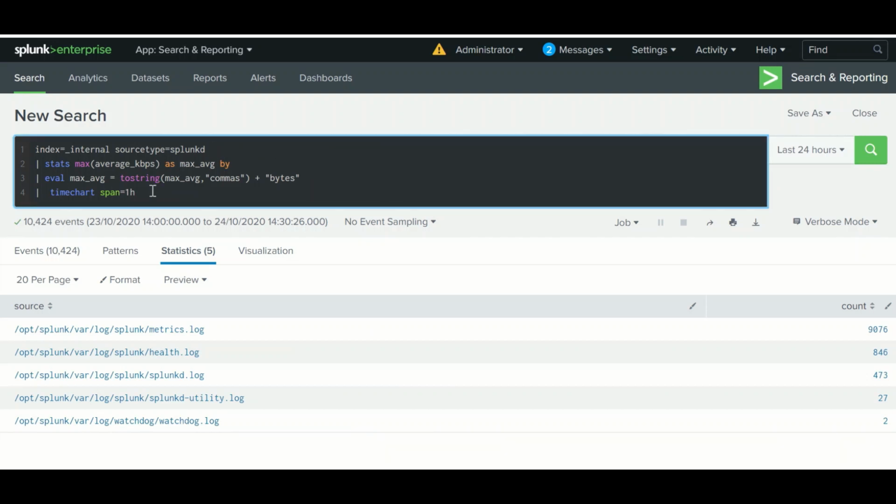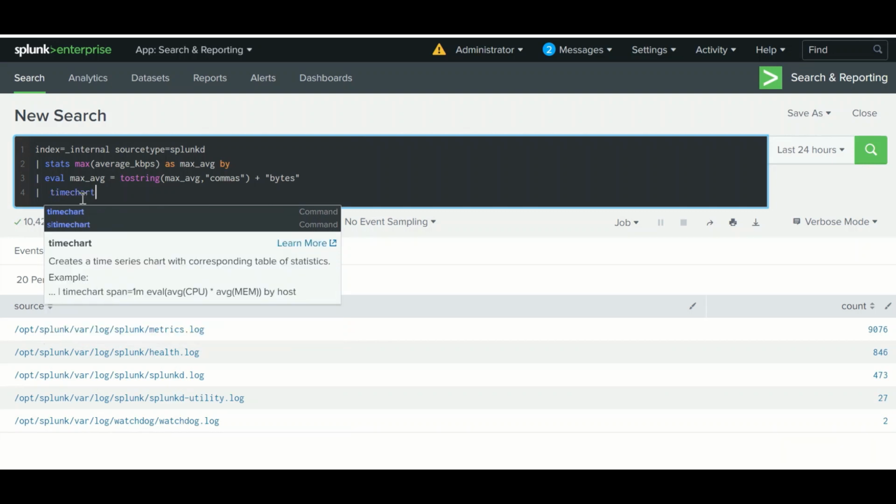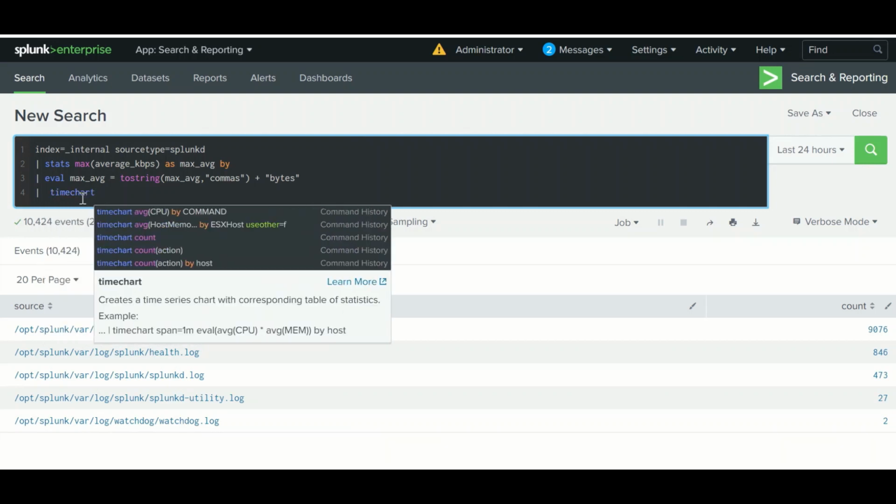Now I was talking about the search assistance. This is called assistance, where Splunk provides you some assistance on the field names as and when you are typing over here. It will assist you on how you can use it.